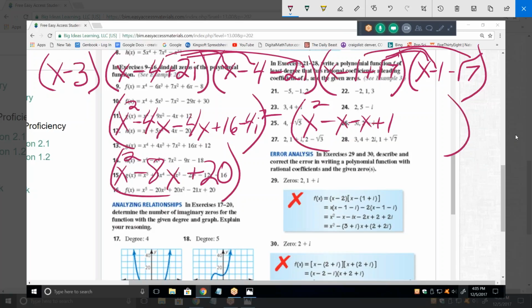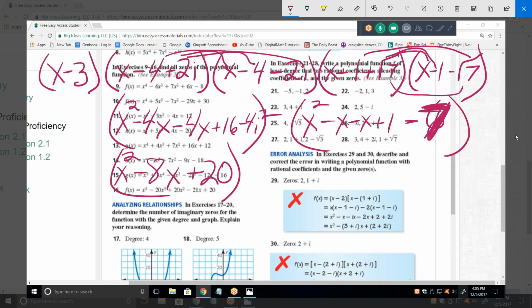Hold on. Or, yeah. So got this one. Minus 6. Minus 7. Square root of 7 times square root of 7 is 7. Yeah. And minus times a plus is minus. So